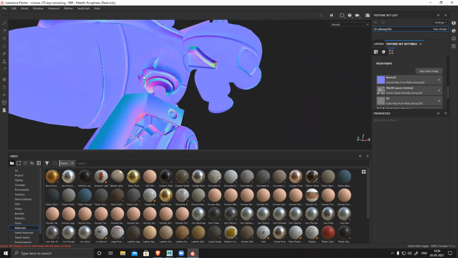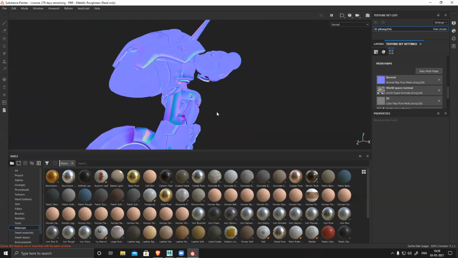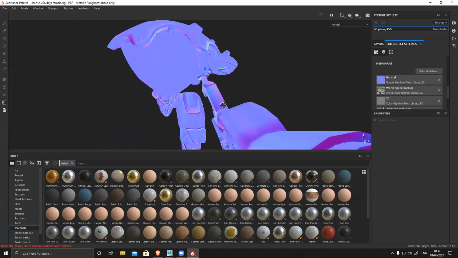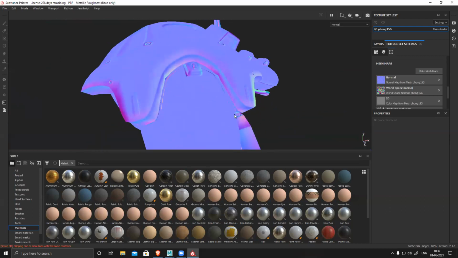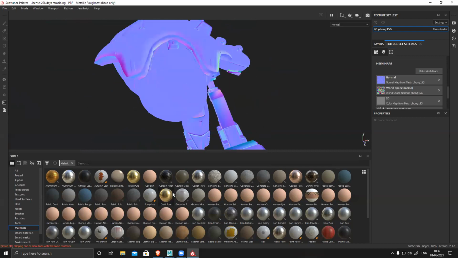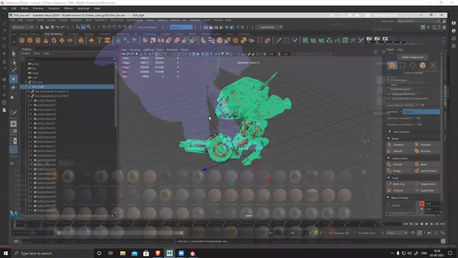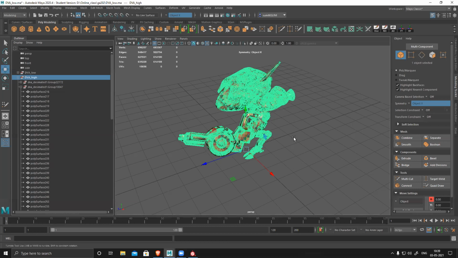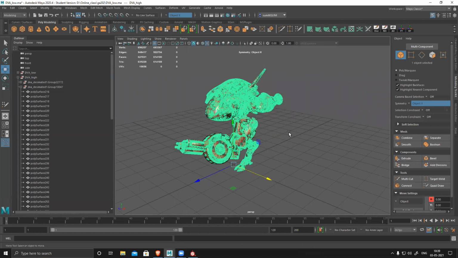In gaming, professionally, these things are not acceptable at all. As a student you can do it, but when you do it professionally, all these things are not acceptable. To get rid of this, I have to separate my model, explode the model. You can see this normal impression on this surface as well. This is something wrong. We cannot do it like this. It's entirely wrong. I have to fix the entire thing. So for that, we'll go to Maya, and the meeting will end in 3 minutes. Once the meeting ends, I'll restart it and rejoin.